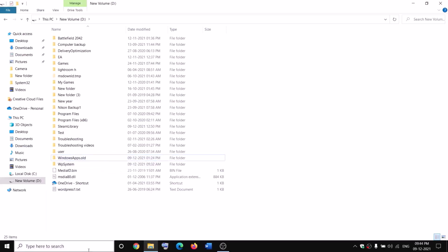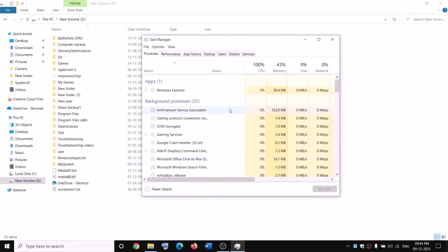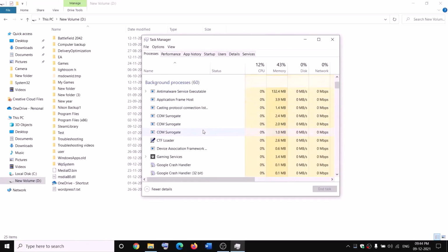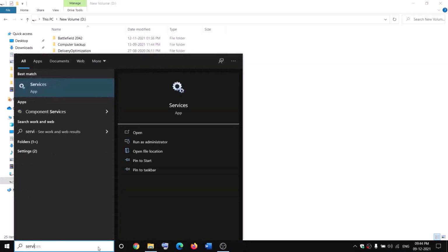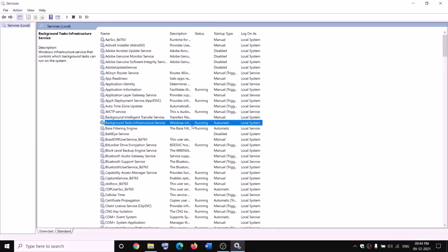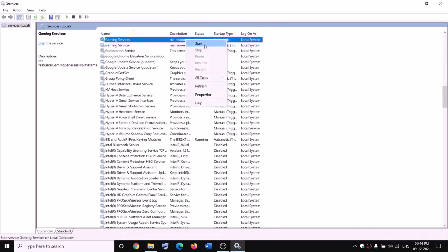open, in that case open Task Manager on your computer. Make a right click on the Start menu, click on Task Manager. Now if you find Gaming Services, make a right click and then click on End Task, and also open Services over here and then find Gaming Services, make a right click on Gaming Services, click on Stop. So in my case